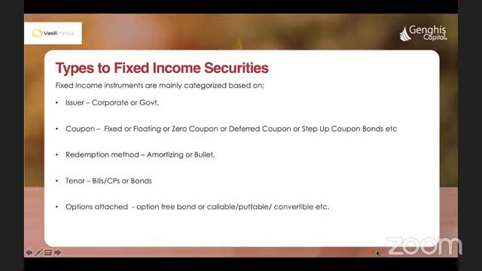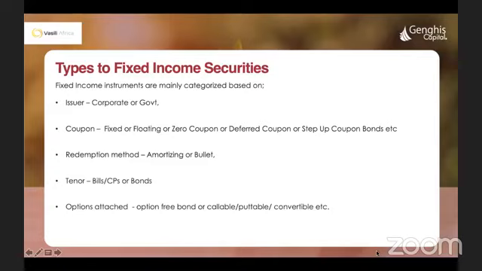That's a bullet. Amortizing means, for example, if I've invested 1 million shillings on a 5-year instrument, you can say at the end of year 1, I'll pay you 20% of your principal. At the end of year 2, I'll pay you another 20%. At the end of year 3, another 20%. At the end of year 4, another 20%. So at the end of year 5, I'll pay you what's outstanding, which is the last 20%. That is called amortizing